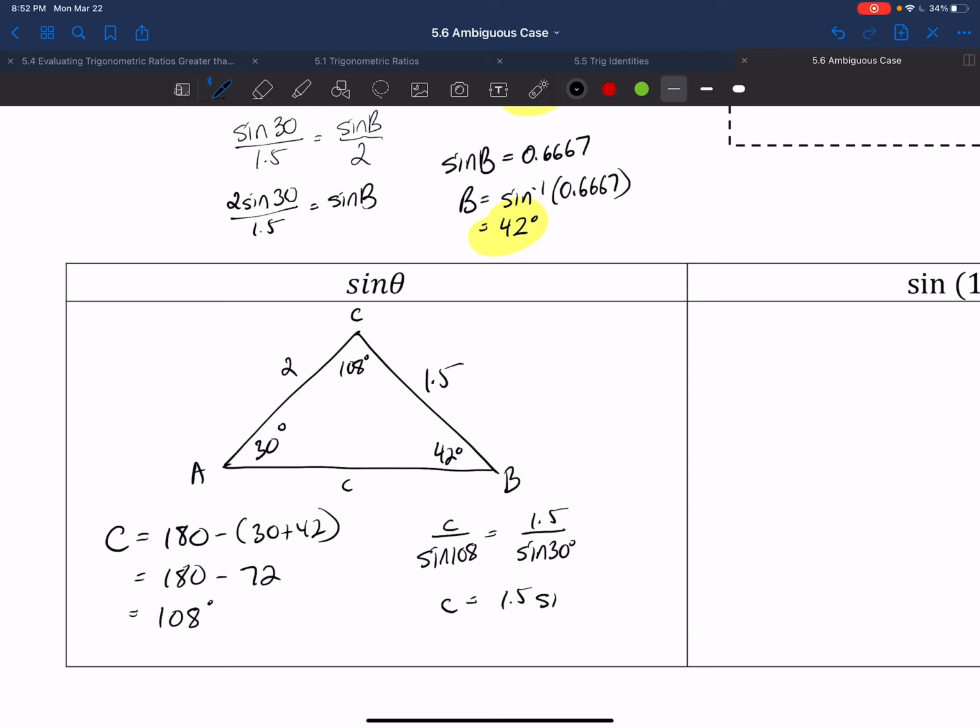Divided by sine of 30 is 2.9. So if angle B, the first angle that we figured out, is 42, then angle C is 108, side C is 2.9. But what if